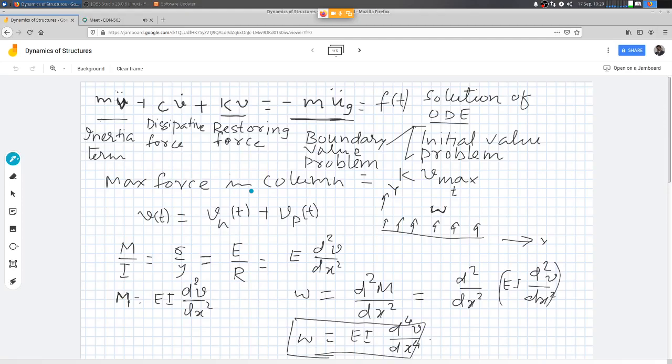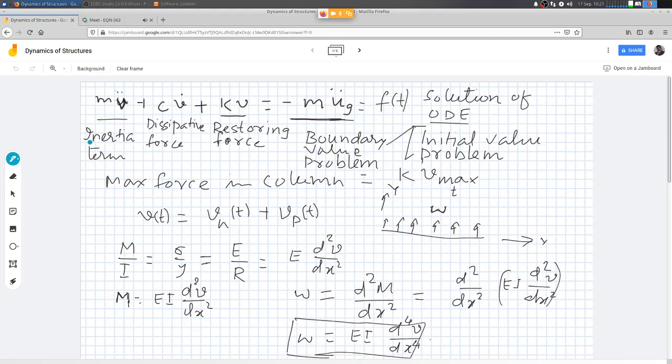So we need to estimate what is meant by dynamic response and how do we compute it. The first thing that we need to look at is the equation of motion, which you already know, how it is derived based on dynamic equilibrium using D'Alembert's principle. There are several other methods of developing this equation of motion, but D'Alembert's principle is probably the most intuitively appealing, based on the concept of equilibrium of forces that all of us are so familiar with.